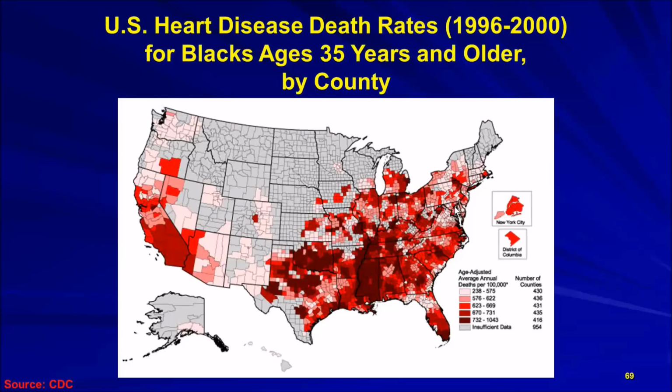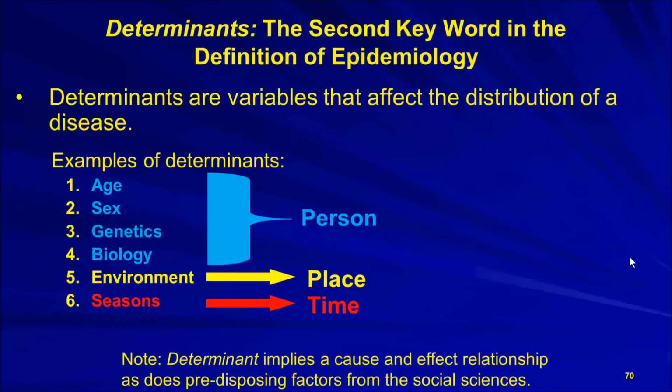And you could use your terms that you've learned. Is it an outbreak? Is it an epidemic? Is it a pandemic? Well, we know it's a pandemic, don't we? Because it crosses the U.S. So there's another distribution term that you can use to describe it, along with person, place, and time, and all those variables that seem to influence disease.